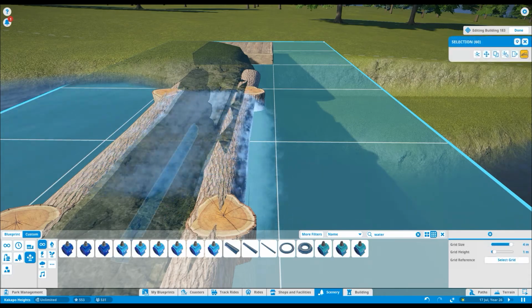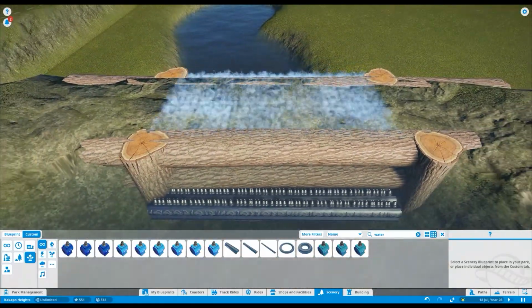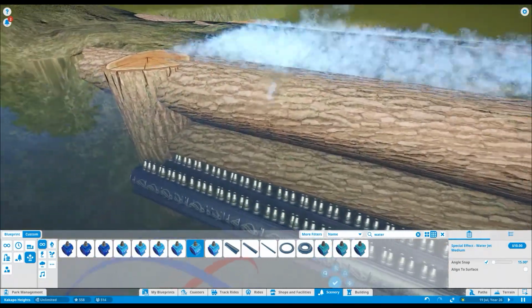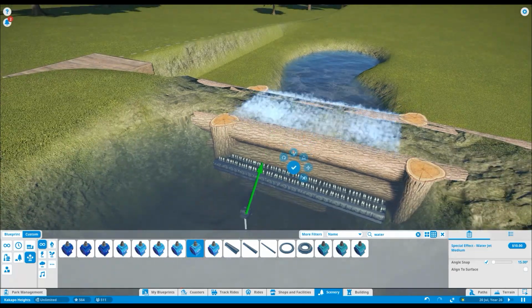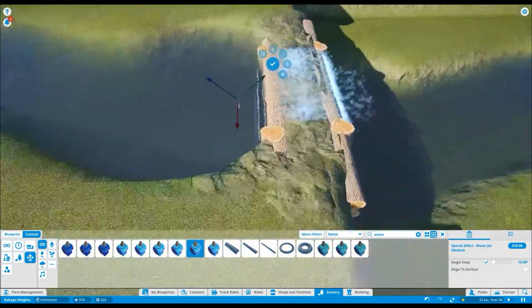Where am I up to in the video now? So we've got our logs in place. We've got enough jets now that the water flow across the top of the weir looks pretty good. I'm messing around with the heights of some of the jets to try and make the flow not look quite so regular. Again, that's always something that makes it look weird to me, so I do mess around with that